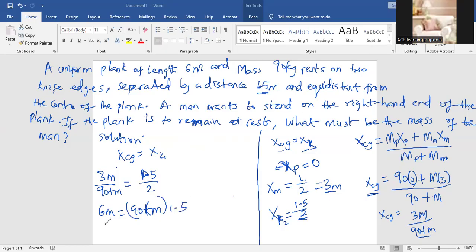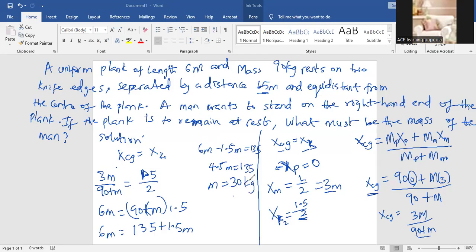If you multiply this, you have 6m equals 135 plus 1.5m. Then we have 6m minus 1.5m equals 135. This gives 4.5m equals 135. So m will now be 30